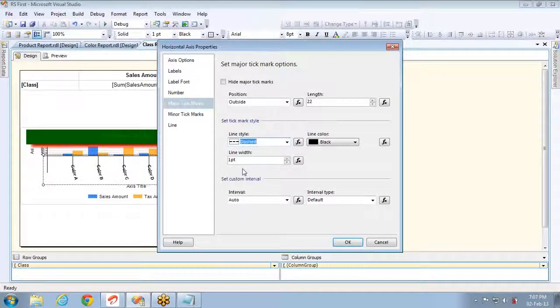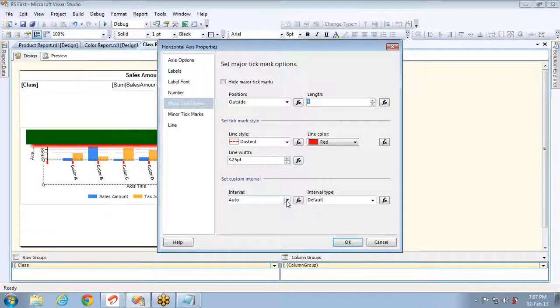And the style, if you want to set it. If you want a dash line, now you can see the line is dashed, and if you want to set the color to red or something else, you can set it. And line width, now you can clearly see that. Even if I decrease the size, now I'm decreasing it to some 2 to 3.